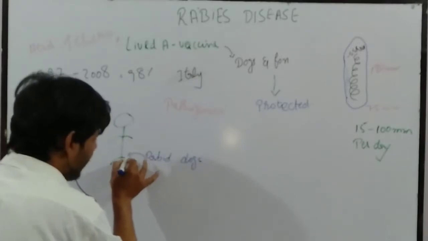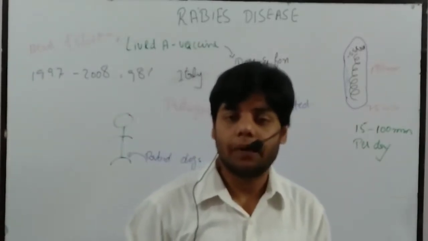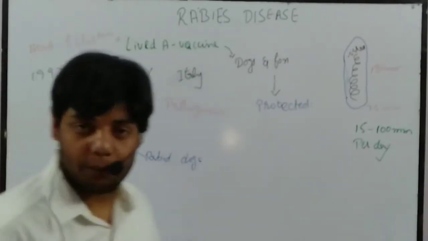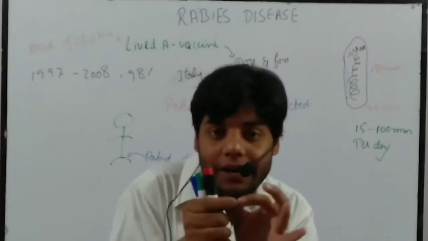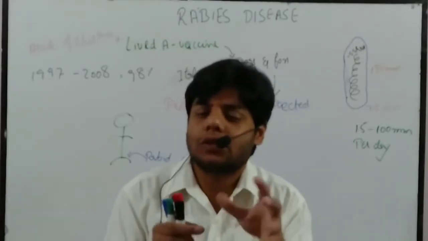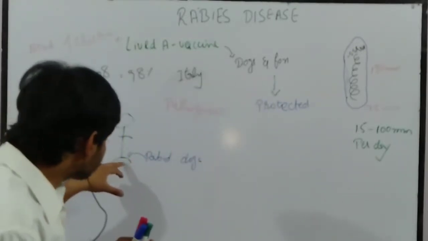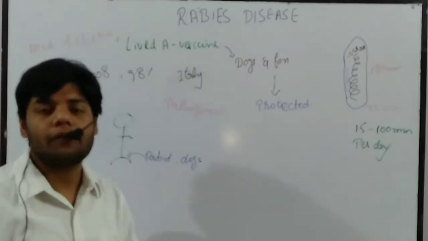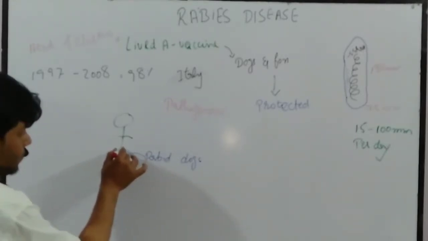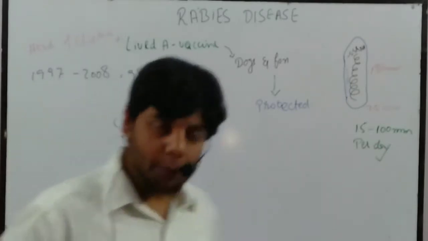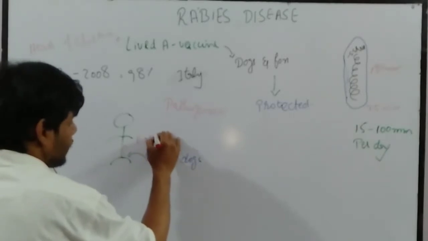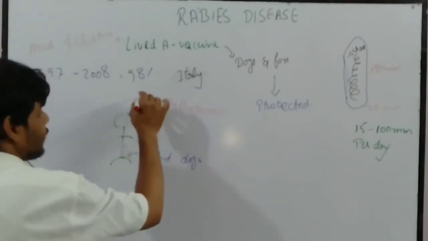Now once it was bitten by a rabid dog, what actually happens? At the site where it was bitten, let's suppose at the leg, the rabies viruses replicate, but not a lot. Just a few rabies viruses are divided at that position, and then they are transmitted to the peripheral nervous system, and after that to the central nervous system,